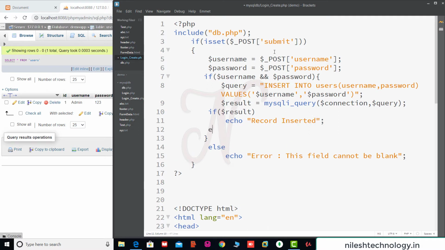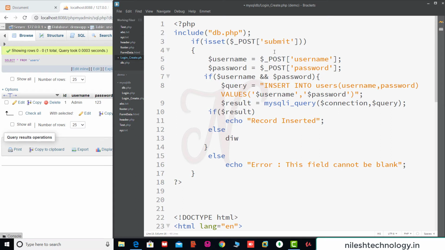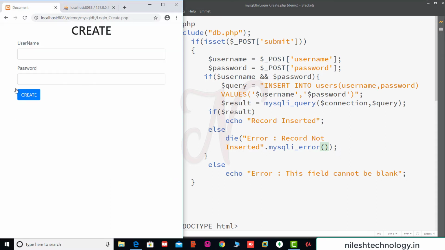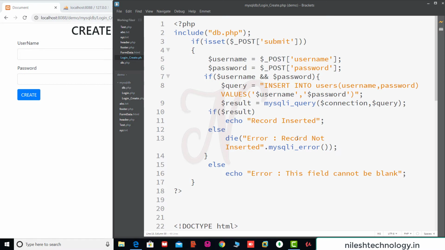Otherwise it gives an error by using the die function: print here, error, record not inserted, and we print this error by using the mysqli_error function if there is an error. Save these changes. So we test this function here.